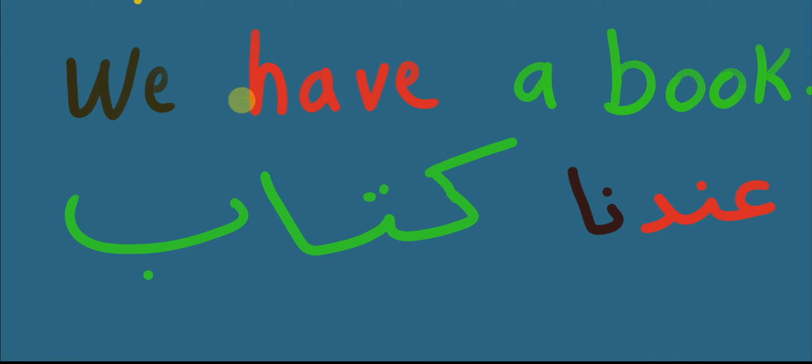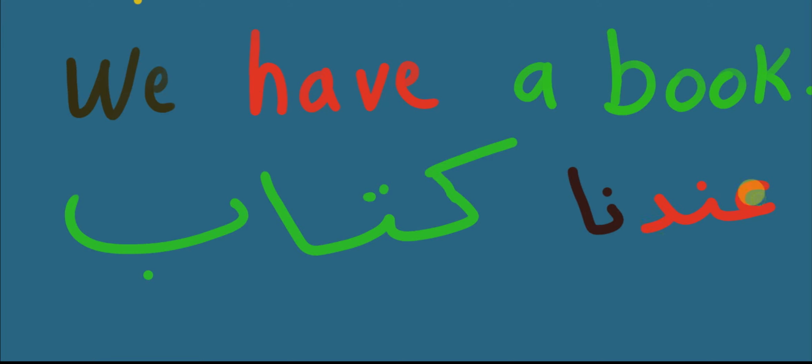Unless you say I own it, or you indicate that you own it, or you say I have it with me, you're more specific about where you have it. Same thing. عندنا doesn't indicate that unless you add something to it. You say عندنا في البيت, in the house, or معنا. If you say معنا, you don't usually use عندنا, just like you do with have.